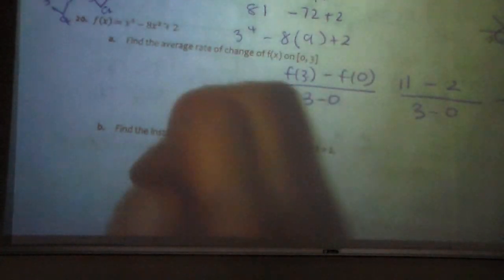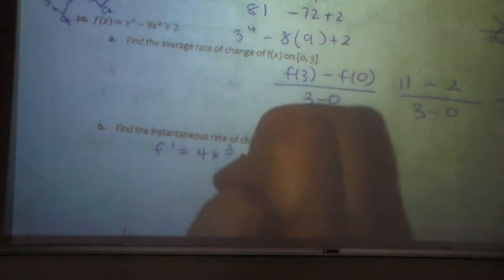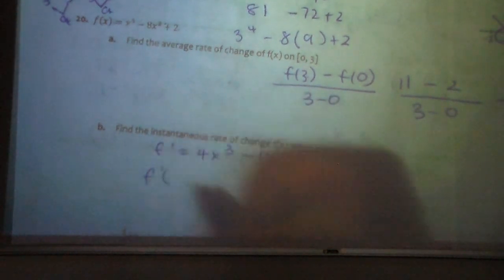Instantaneous when x equals 2, that's the derivative. So that would be 4x cubed minus 16x. And then plug in x equals